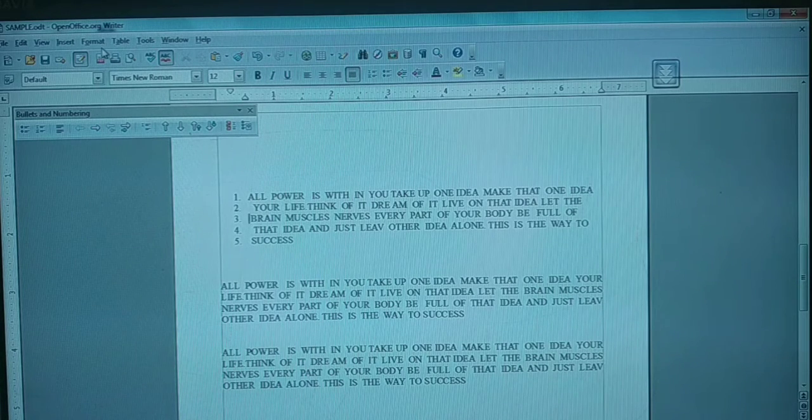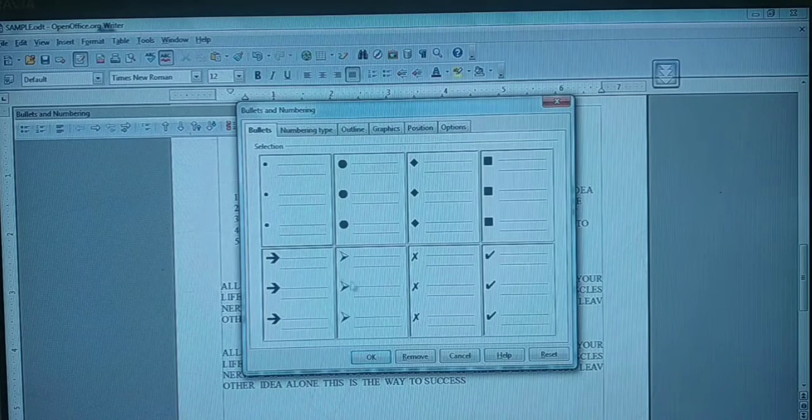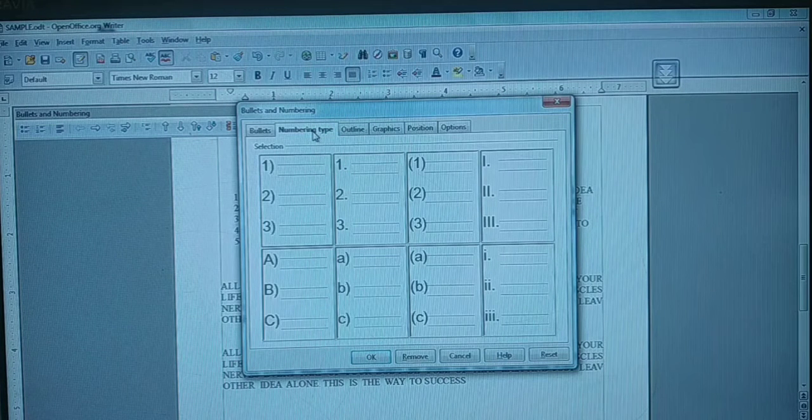For the menu, what do you have to do? You have to click Format. Next you have to click Bullets and Numbering. See here, already the bullets tab is enabled for you. Here many styles are available. Below you are able to see the styles. Whatever styles you are willing to have, you can have. Now we are doing it for numbering only, no? Yes, this is your numbering.